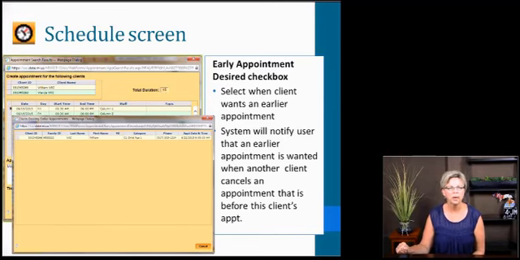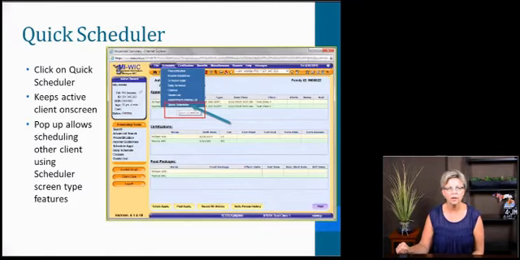What happens when you're working with one client and another client calls for an appointment? You have the option of searching for the caller, or you can click on the Quick Scheduler feature. If you look at the Scheduler tab at the top of the screen and deploy that menu and click on Quick Scheduler to quickly return to your client's existing screen. So your existing client will stay on the screen. You can deploy the Quick Scheduler